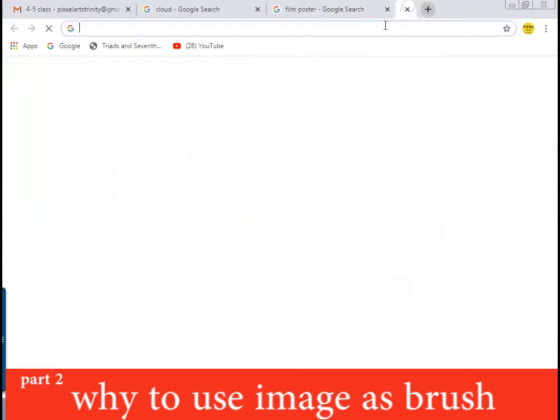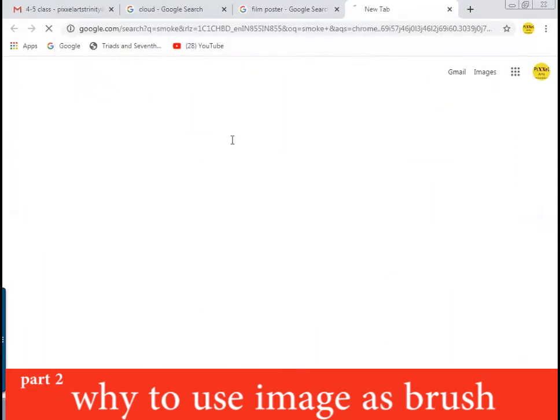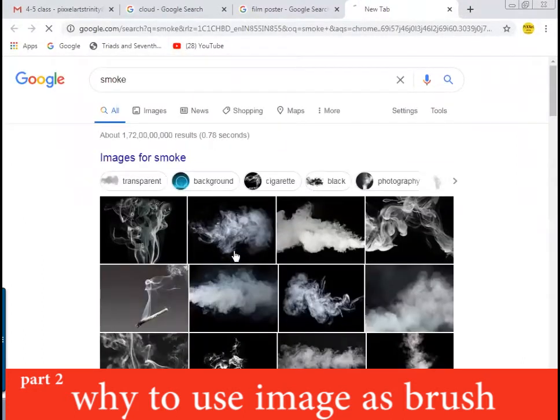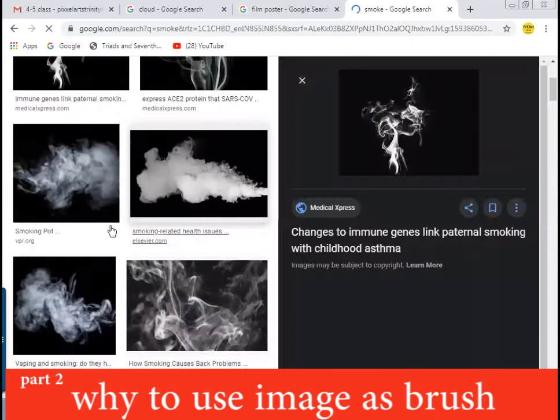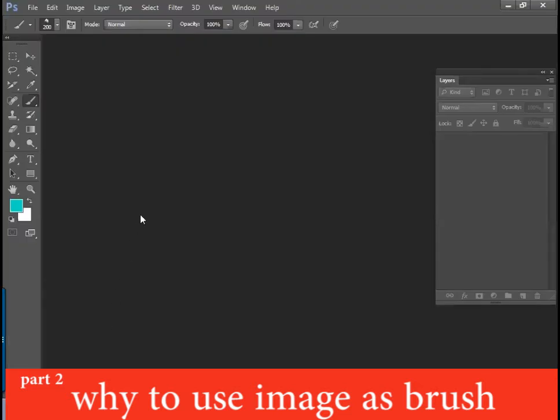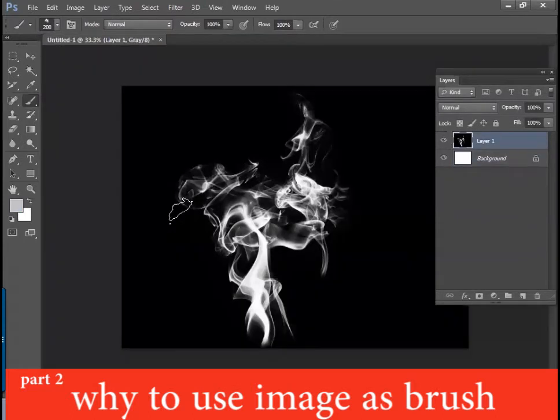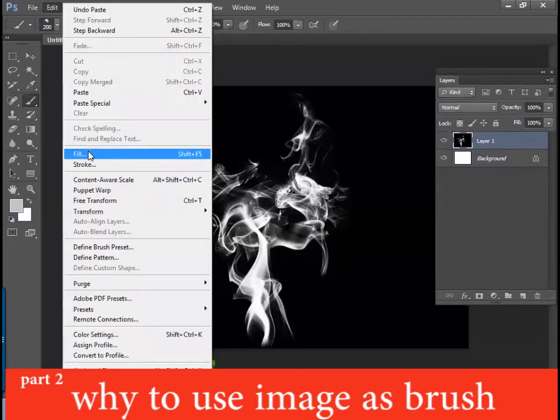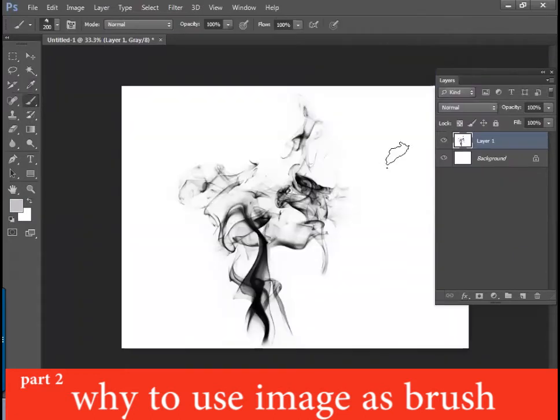So let us see the smoke brush. How to make a smoke brush. Choose the smoke. So find your smoke. And you know how to convert the smoke, what is the condition and what to do. Give a right click, switch to the image, copy the image, go to the target, take a new file and switch that into grayscale, fit it up, get it okay. But here the things have to be reversed, then what to do? Go to the edit menu, fill it up, white fill, switch to the difference mode, get it okay.